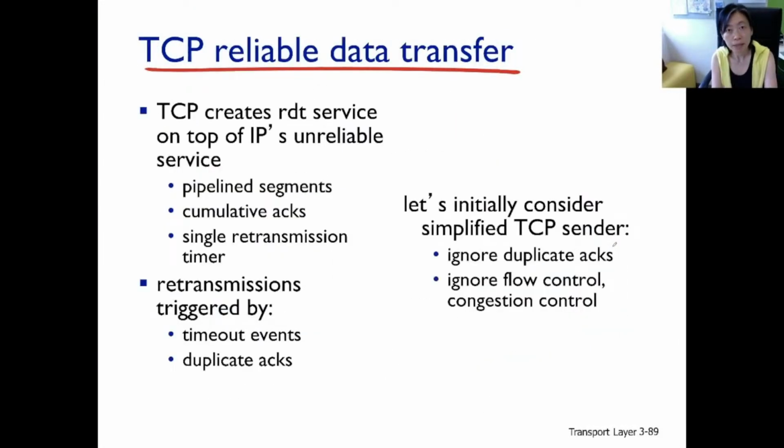Up until now, the TCP mechanism we were talking about is very, very simplified. The examples we went through are very much based on the simplified TCP sender. The actual TCP sender is way more complicated. We have not yet talked about possible retransmissions when the TCP sender receives duplicate acknowledgements. We have not yet talked about extra mechanisms in TCP's RDT that also support flow control and congestion control. So these will be coming ahead.